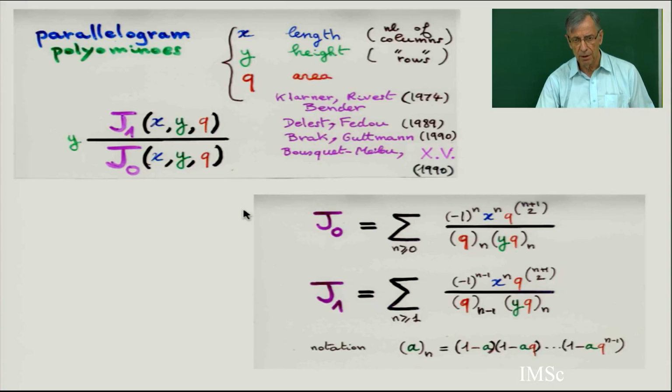So I claim I am going to prove this. There are many papers by Klarner, Rivest, Bender, Delest, Gouyou-Beauchamps, Viennot, etc. And with Mireille Bousquet-Mélou, we got a bijective proof of this as a simple application of the fundamental lemma on heaps of pieces. The only difference between J0 and J1 is n, and here n minus 1 and n, and there is plus, there is minus, and the sign also is n and n minus 1. So I am going to prove this.